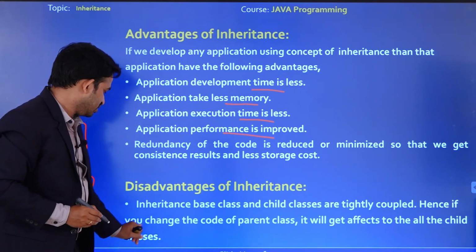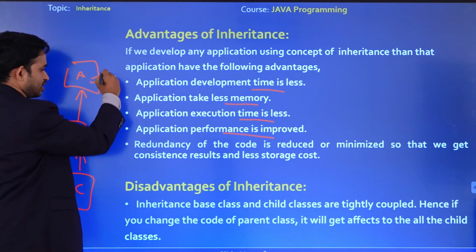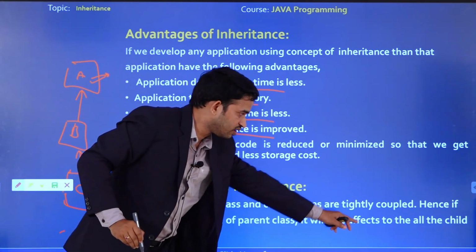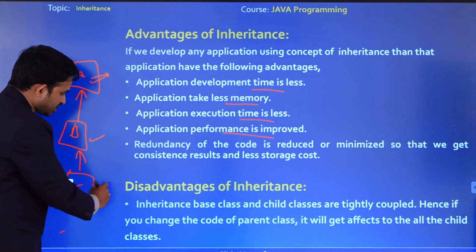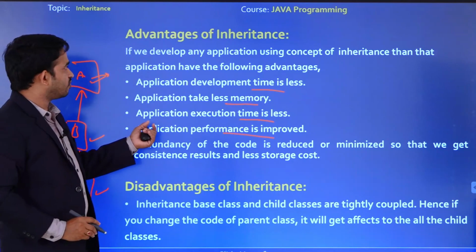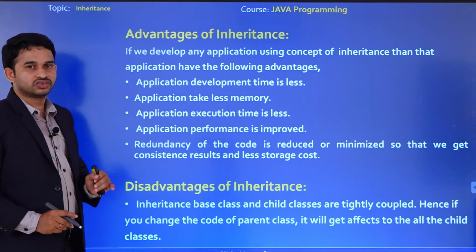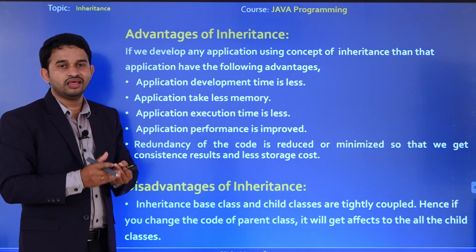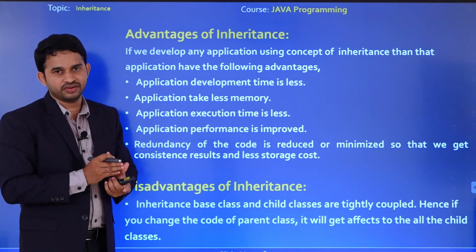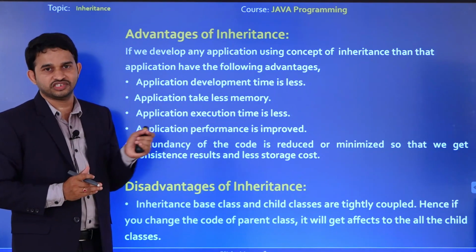So here, if you change the code of the parent class, it will affect all the child classes. B class is affected, C class is affected. So that is the main drawback of the inheritance concept. So this is about inheritance. What are the types of inheritance? We have five types: single level, multi-level, multiple, hierarchical, hybrid. So this is about our unit 3 first topic, the inheritance concept. Thank you.